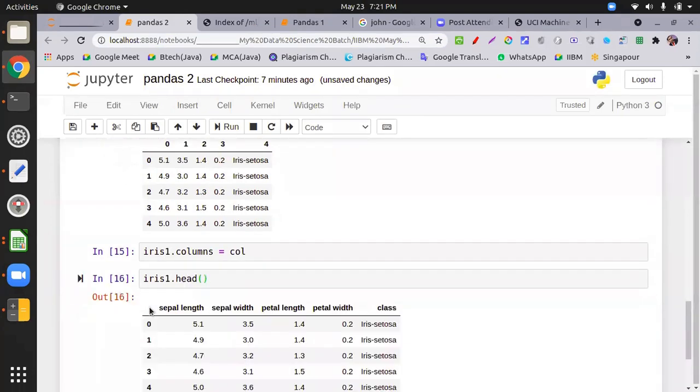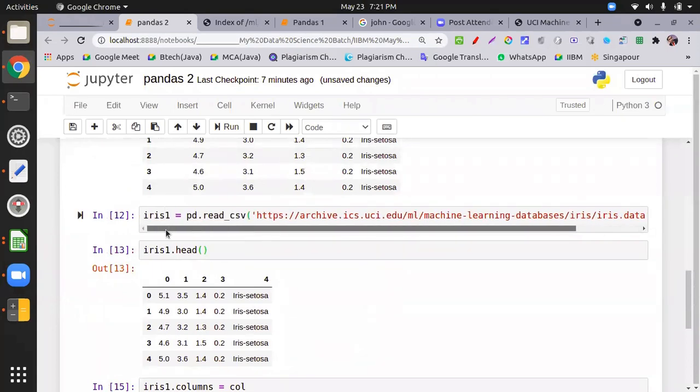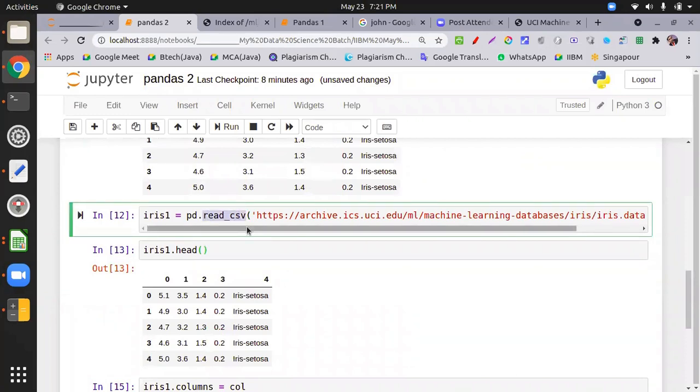In read_csv, we can also copy the path of the file to read the data. Yes, you can do it from disk, you can write the path over here. But my suggestion, if you are reading the file, put it in the root folder where you use pandas, so that read and write access is very quick.